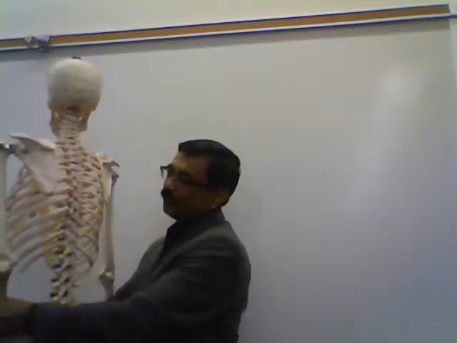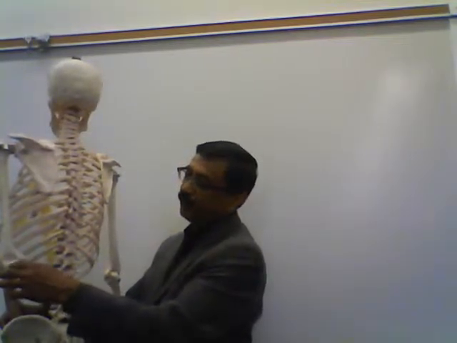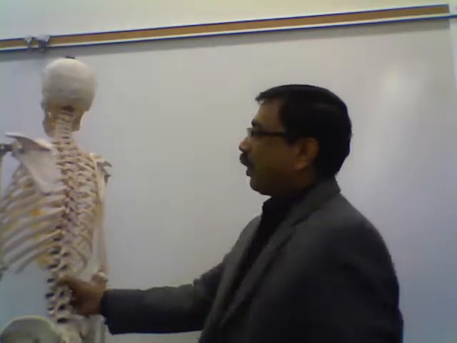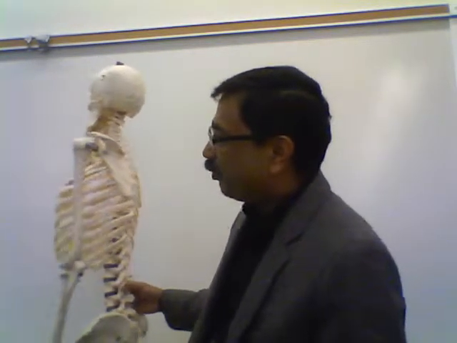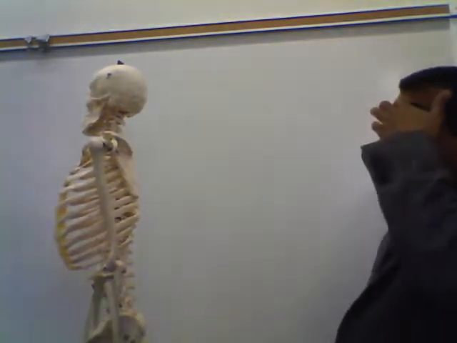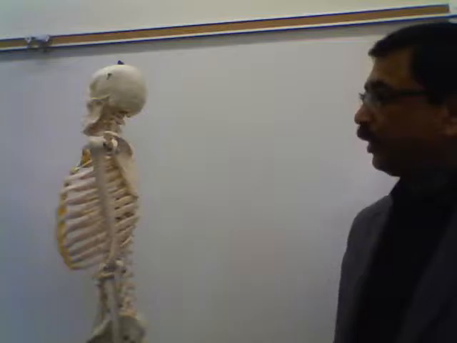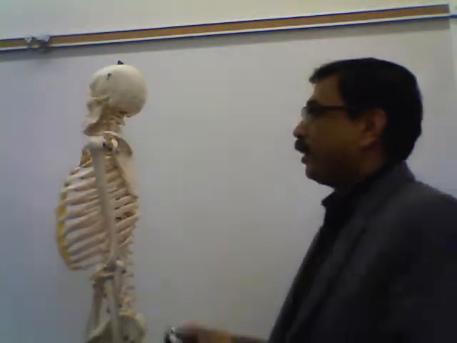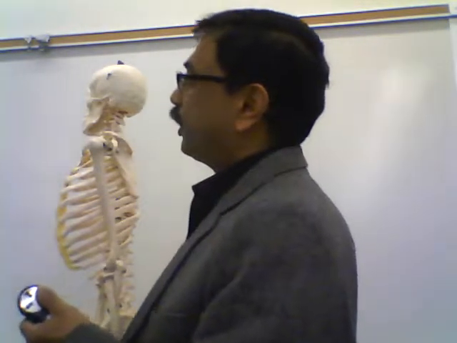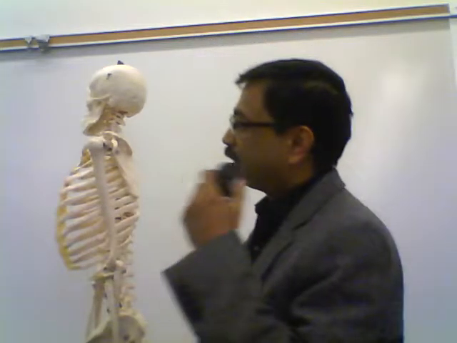So this fossa is for the olecranon. So those are three fossa in the lower end and two structures, capitulum and trochlea. So if you know those things, those are the important things of